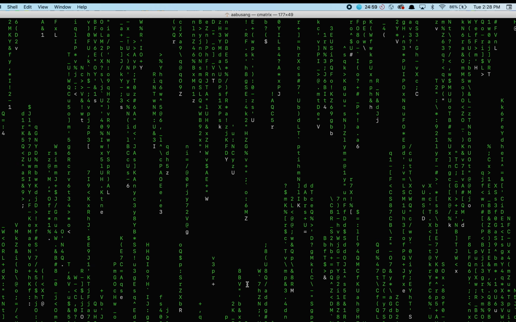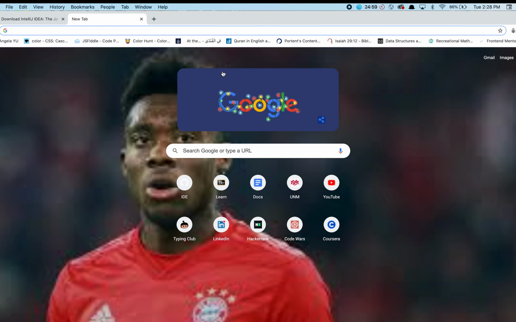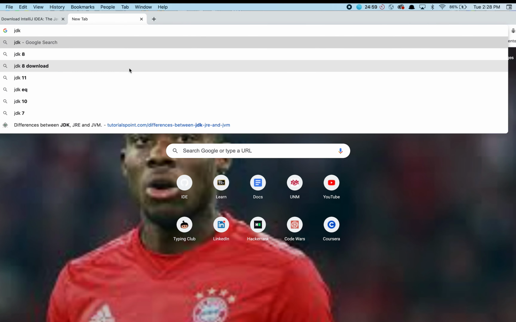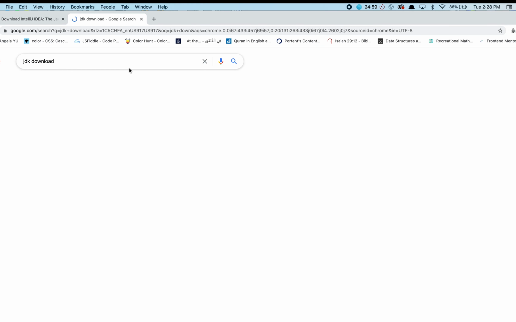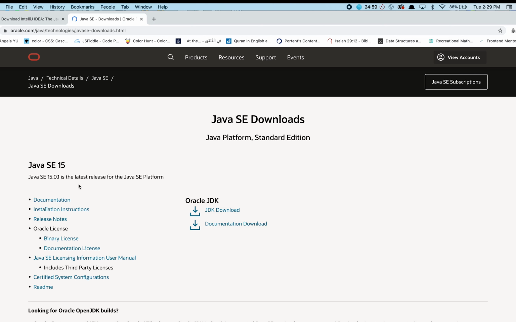So the Java development kit, to get it, we'll just go to Chrome or whatever browser that you use, and you type in JDK download and hit enter. And the first link you see, you can click on that. I think I have two options here, but you just click on the first link that you see, and we're here. The latest version of Java JDK is the version 15, and so you can come here. You can see Oracle JDK. Click on that,